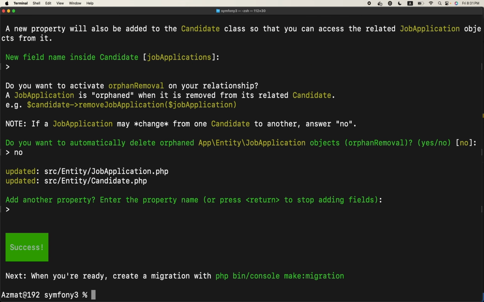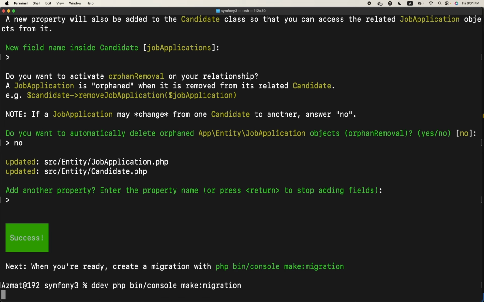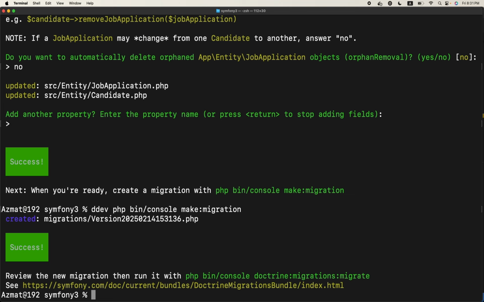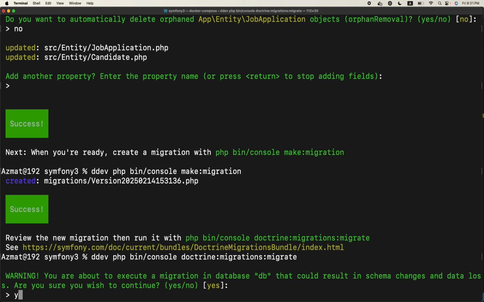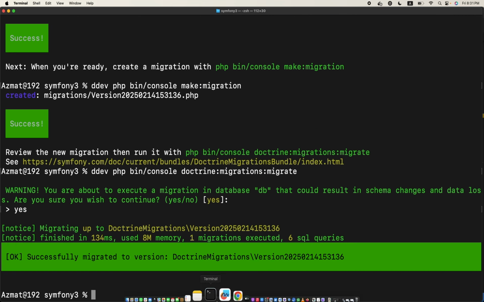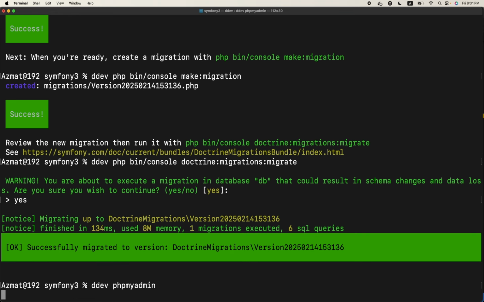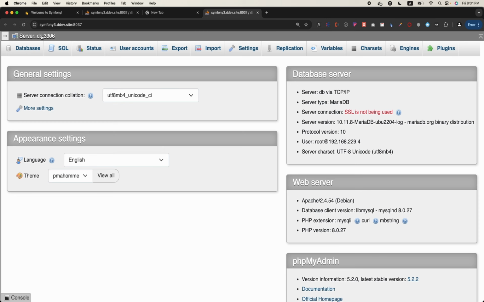So the third table, which will be serving as the junction table, has been created, and now we need to make a migration. I'll just quickly copy this, make migration. Then the next step is this one, Doctrine migrate. So ddev migrate. Yes. And if you go to ddev phpMyAdmin, in the database